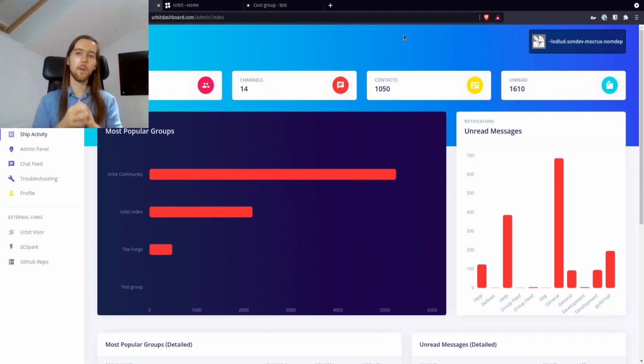And so I think by addressing this front end issue within the web browser, which is proven to work in the crypto world, this is kind of a no-brainer, and this is why we at dcSpark have built Urbit Visor, why we're releasing this very first version, and we have a multi-month roadmap for improving Urbit Visor to get it to the point